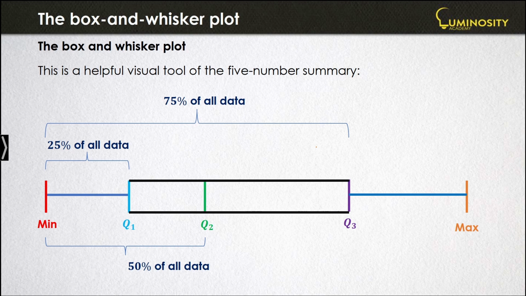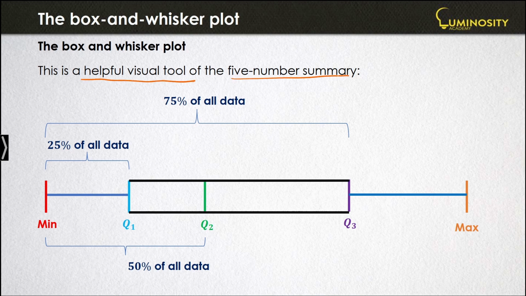So why do we call it the box and whisker plot? Well, if you have a look at this diagram, you can see it has a box and it's got whiskers coming out of it. As usual with mathematicians, with our names, we're a bit creative sometimes and we just call things as we see them. So the box and whisker plot, like we said, is a helpful visual tool of